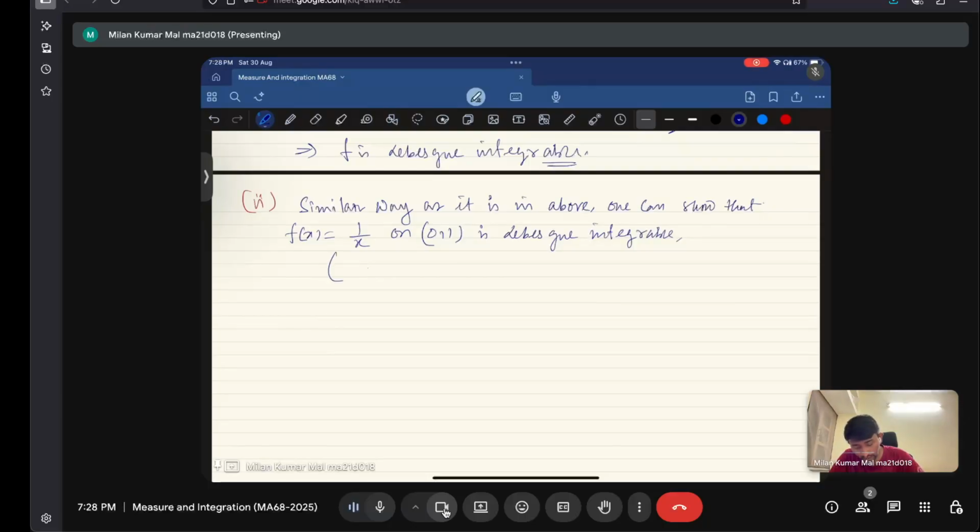Note that I can give a little hint, that the integration over (0,1)